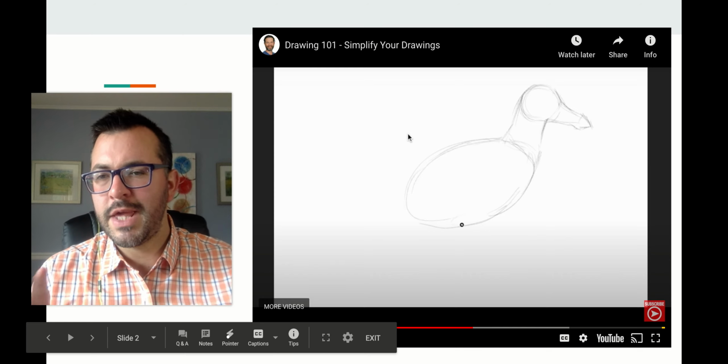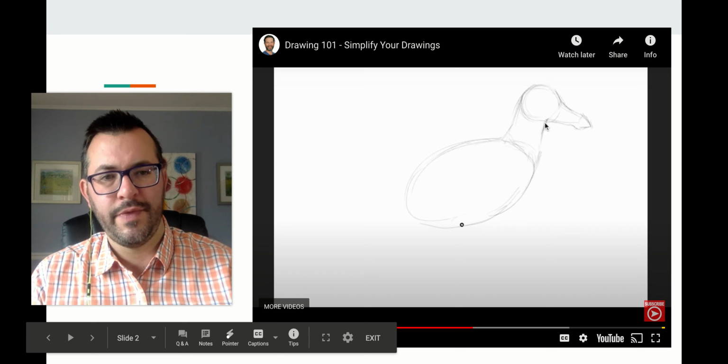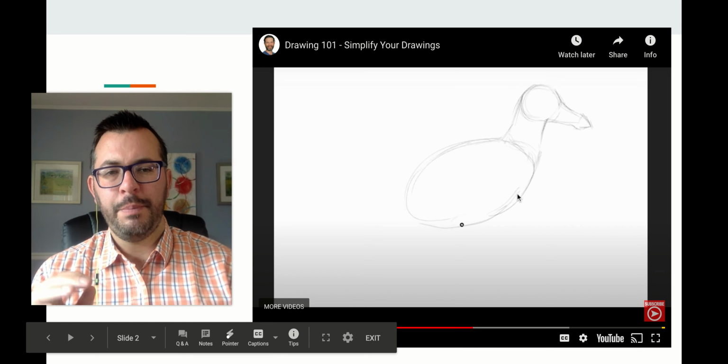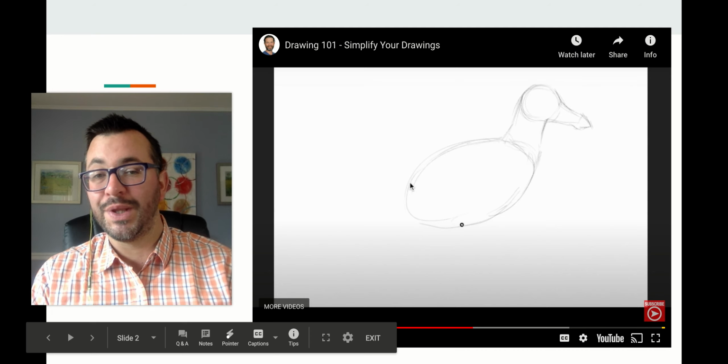So when he's talking about making the shapes accurate and proportional, we know that the body is an oval, right? The head is a circle and the neck is a rectangle. That's great. But you also want to make sure that that oval is the right size in relation to the